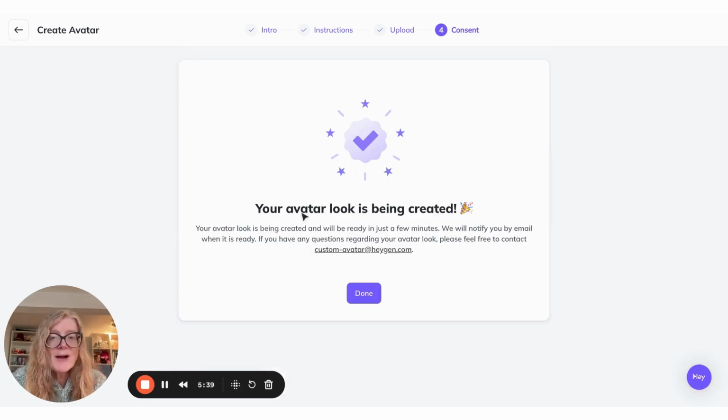So you can see it says your avatar look is being created. It'll be ready in just a few minutes and will notify you by email when it's ready. So you can just leave this and go off and do something else. So if we click done,